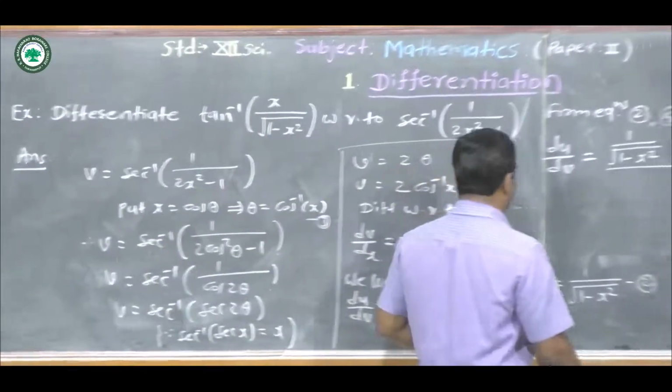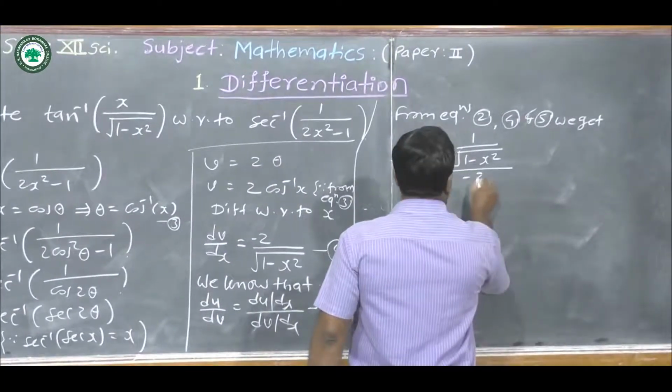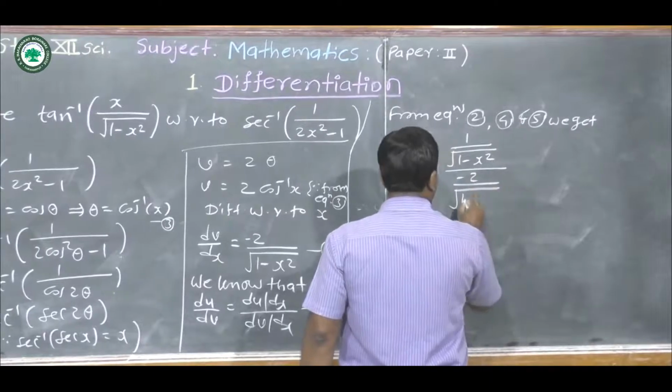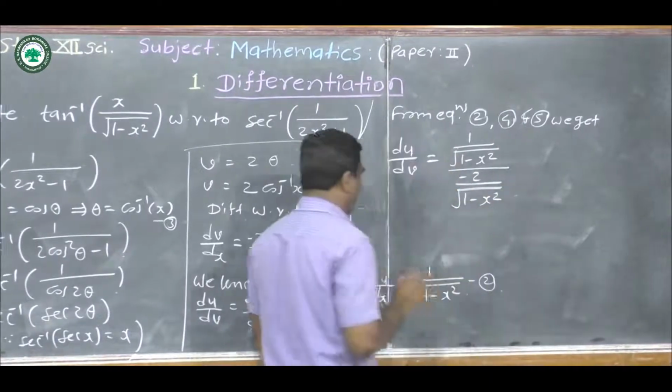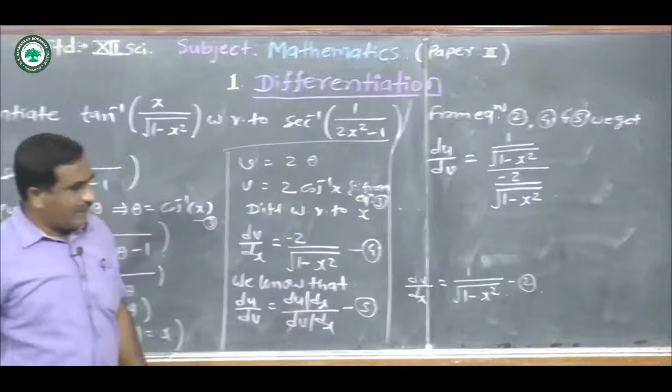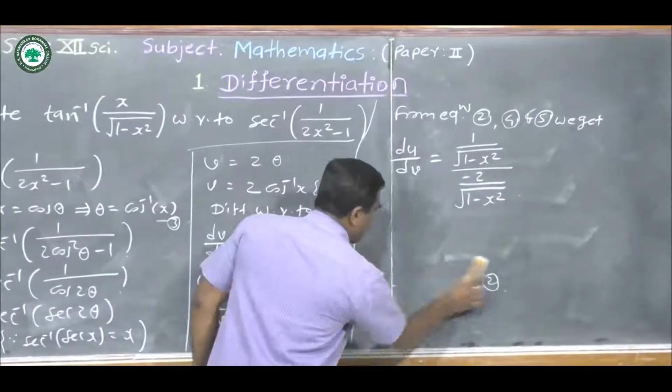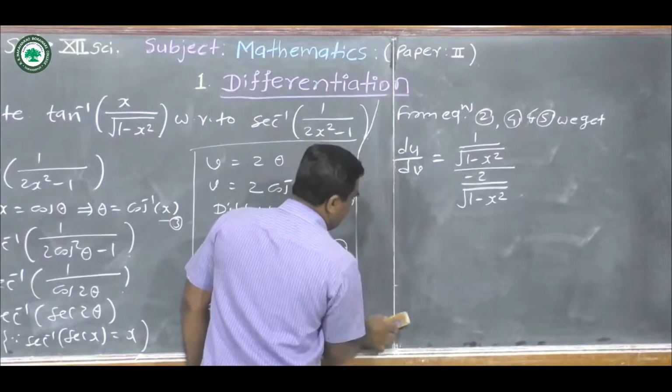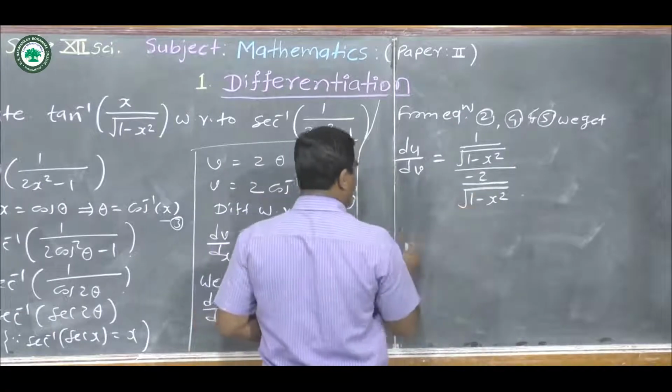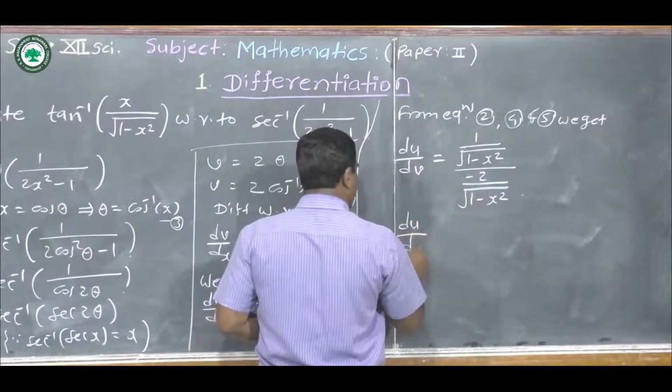We can write dv by dx is equal to minus 2 upon under root 1 minus x square. Okay. Now taking the reciprocal of the denominator term, we can write du by dv equal to